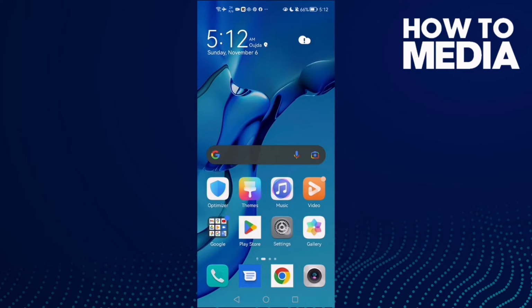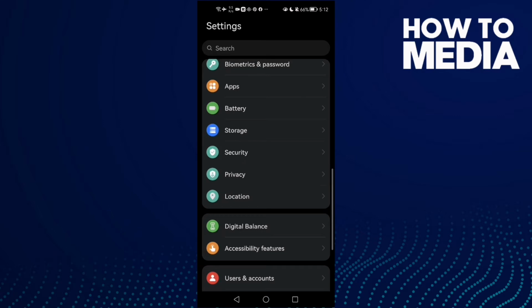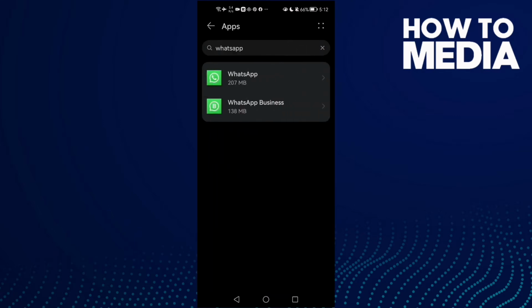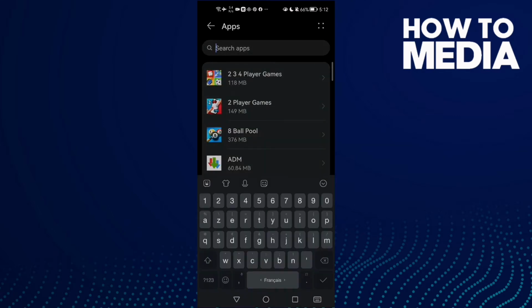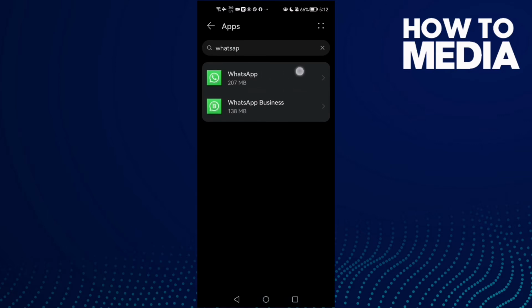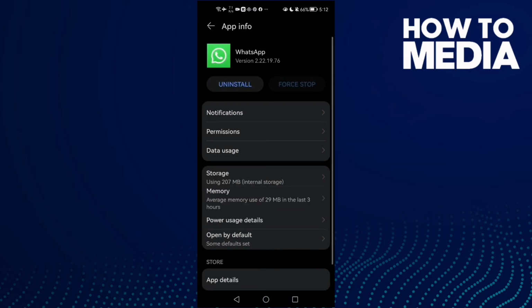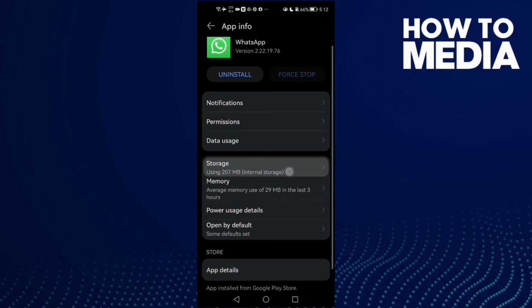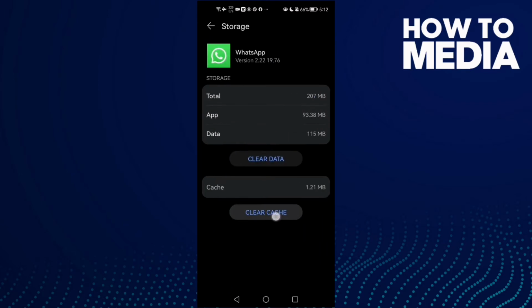First, go to settings and then apps, and now apps again, and here type WhatsApp and you will find it. Click on it and then go to storage and clear cache,